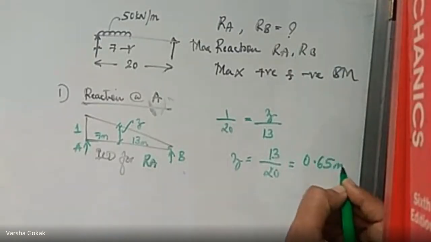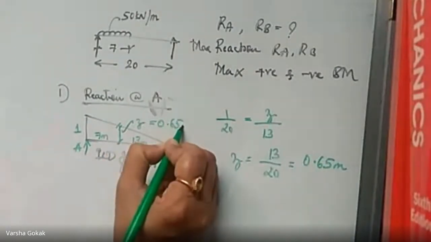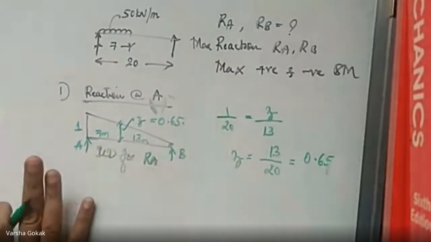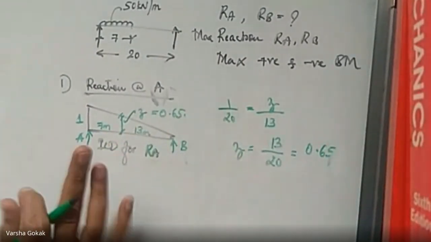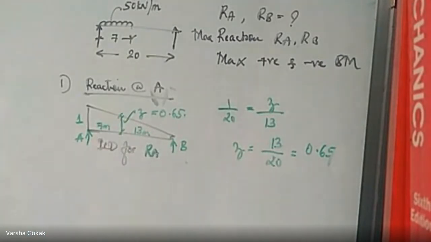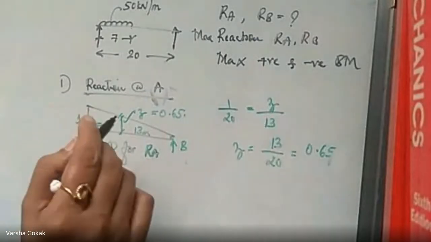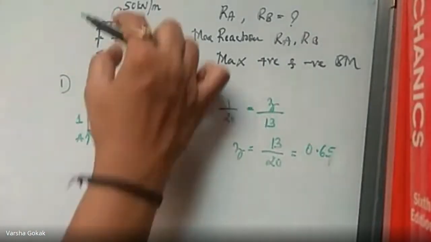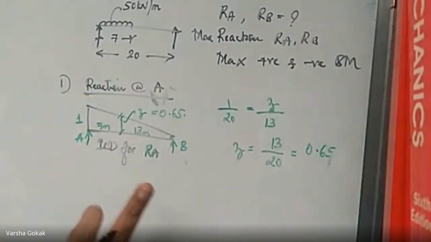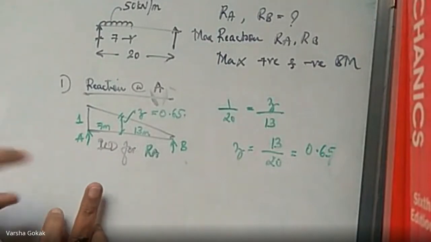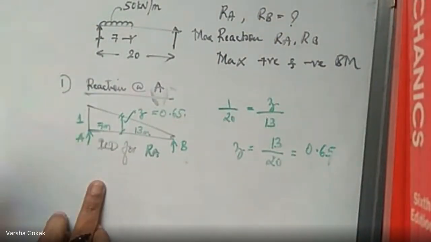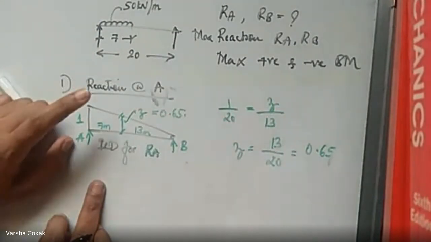0.65. So this is going to be 0.65 meters. So the Z value we got is 0.65, not meters, 0.65 only. It's just a number. Now, in the previous numerical comparison, when we found the ordinate and I wanted to find the reaction at a particular point, I used to multiply the ordinate with the total load. Correct? That procedure, that is ordinate into the given total load, is for point loads. Now we have the UDL.